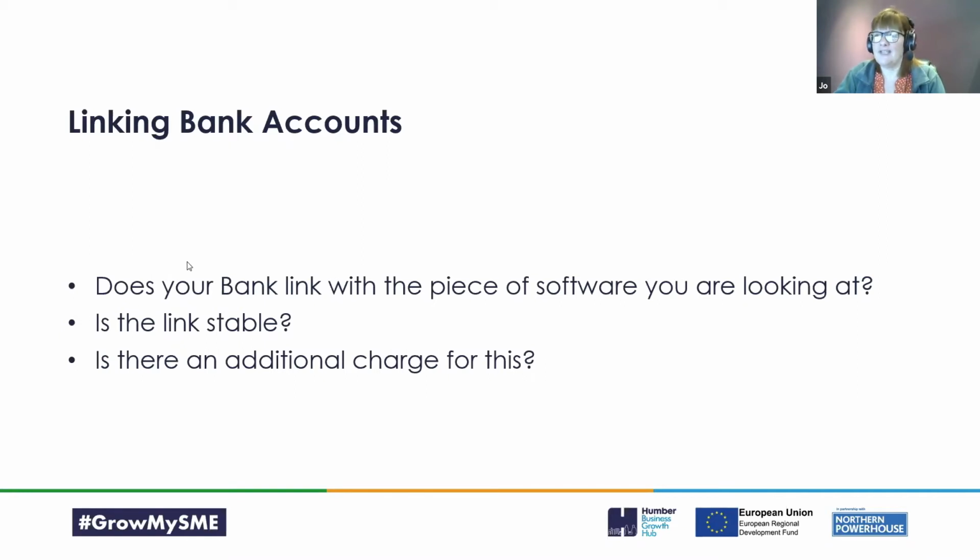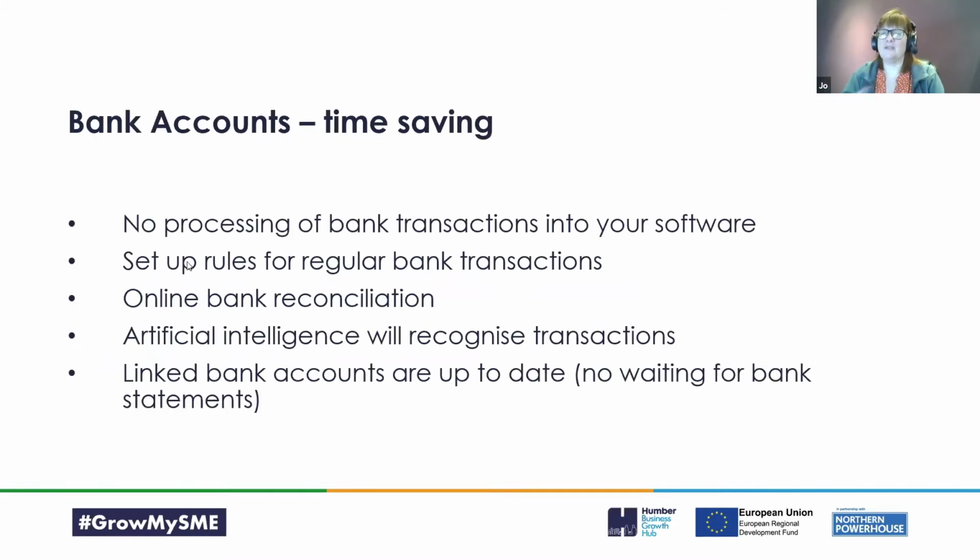So you save time by linking your bank accounts, by not having to process the detailed transactions from your bank statements. And you can also set up bank rules. There are things that come through your bank every month, sometimes every week. And you can set up rules that say, when you see the word bank charges, just process that through as an expense into my software as a bank charge, or always process things that come through iZettle as sales, or always process my director's loans to the director's loan account. And rather than having to do that every time, it will do it for you.